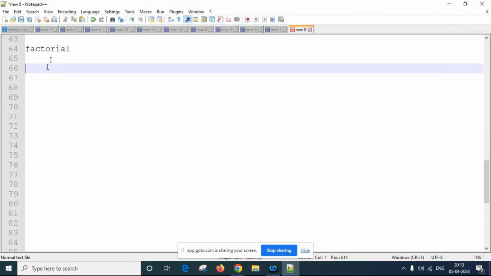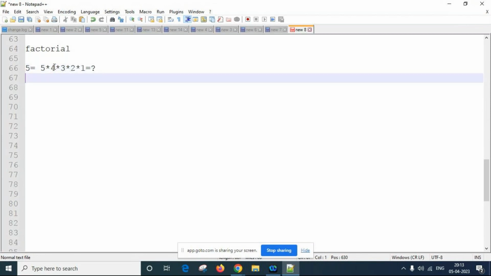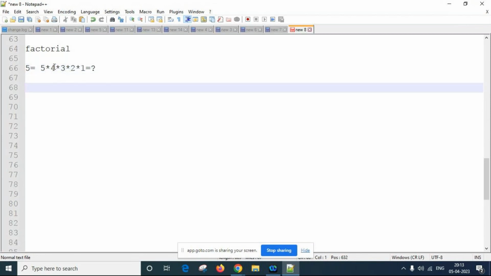If I say factorial of 5, it is nothing but 5 into 4 into 3 into 2 into 1. This is the factorial of 5. Here we have a repeated computation, that is repeated multiplication. We'll take this as an example.